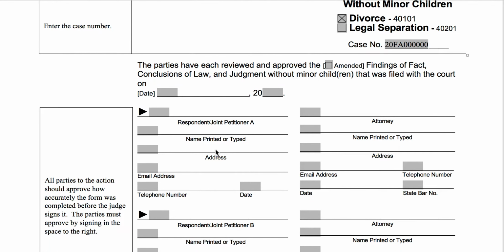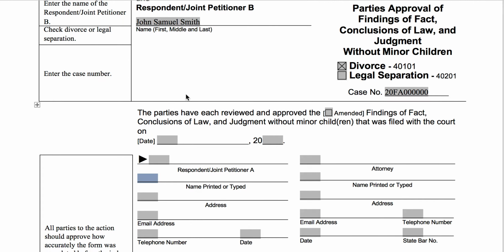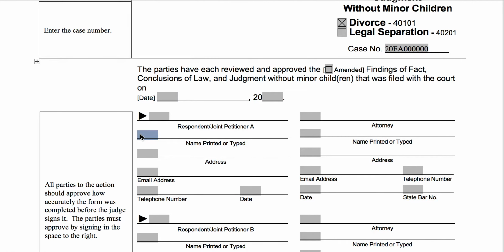And then all you have to do on this one is fill in the signature blocks. I know, pretty simple, right? You just do the caption, and then you're going to put your information down here, and you are done. So we'll put in Jane's information and her address, and her email address, and the phone number down here.